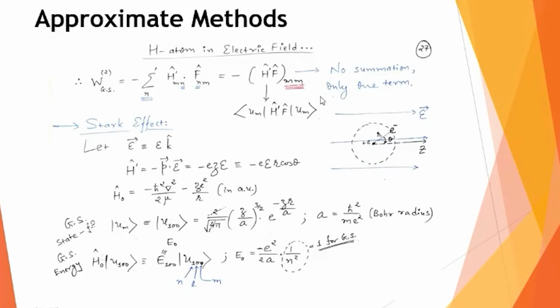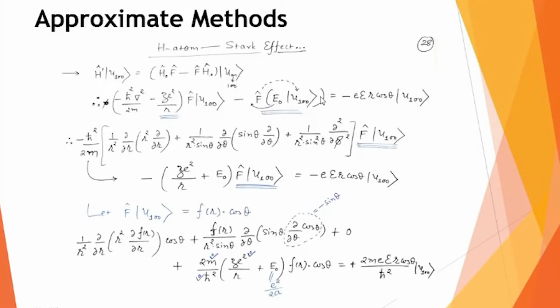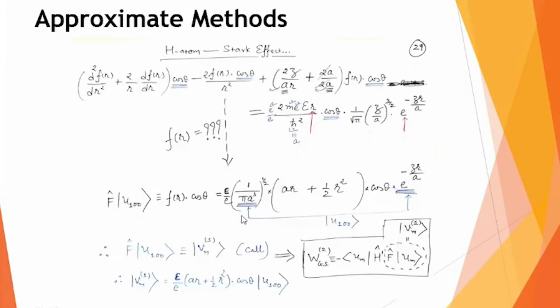So this part, this bra H dash f ket, is the part we need to evaluate. And for that, we have followed a certain procedure. We have gone through this mathematics, and then we look for the effect of this operator f on the ground state hydrogen wave function u100, and that we say can be written as a part which depends on the radial distance r. So we call it a function f of r, and there is a theta dependency, so that we write as a cos theta. And substituting that, we can evaluate this top equation, and then we just look at the right hand side, that what is there on the right hand side.